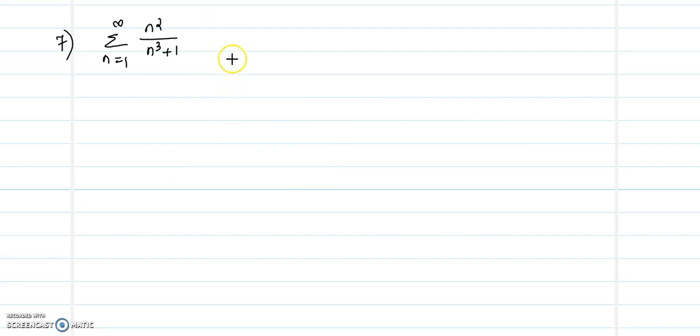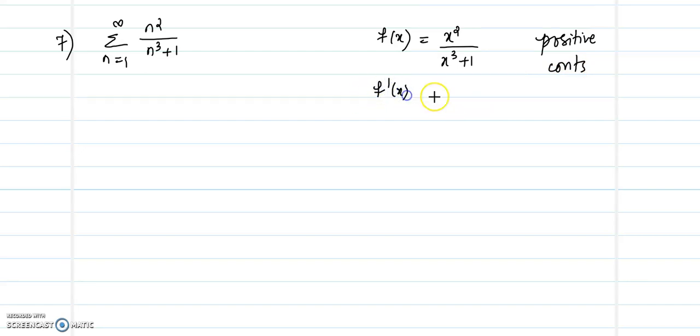Next problem, we have summation n equal to 1 to infinity of n square by (n cube plus 1). So here f of x is x square by (x cube plus 1). So when x is greater than or equal to 1, this will be positive, and there are no discontinuities when x is greater than or equal to 1, so this will be continuous. And in order to check if it is decreasing or not, if we take f dash of x, f dash will be (x cube plus 1) into the derivative of x square, which will be 2x, minus x square into the derivative of x cube plus 1, which is 3x square,